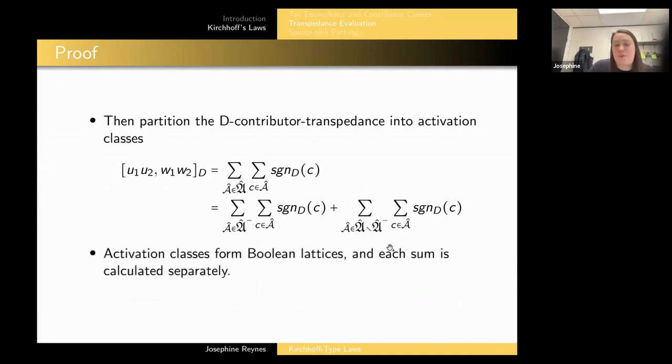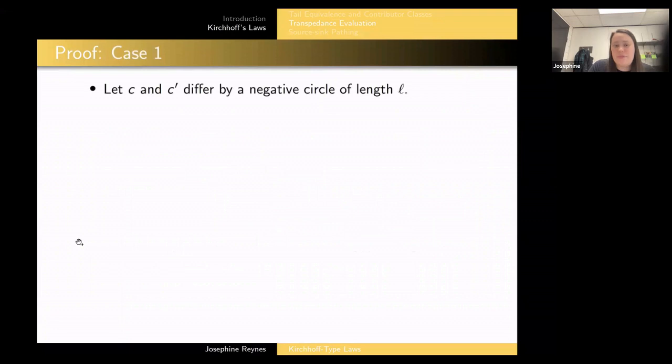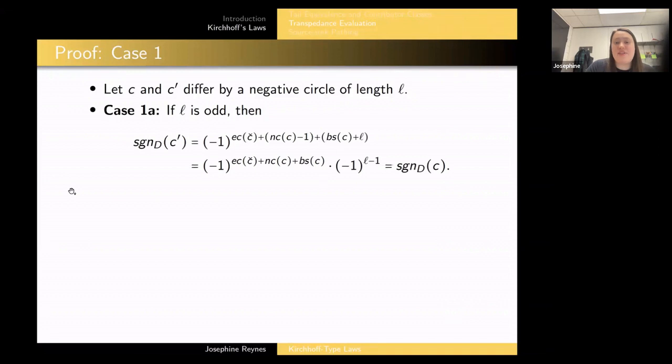And again, each of them forms Boolean lattices, and that way I can calculate each sum separately since I know there's going to be no overlap between the two. So I have a couple cases I have to look at. If I have two contributors in the same sum that differ by a negative circle of the length L, what happens? If this length is odd, then when I take a contributor, remember C prime is slightly higher than C in the activation order,